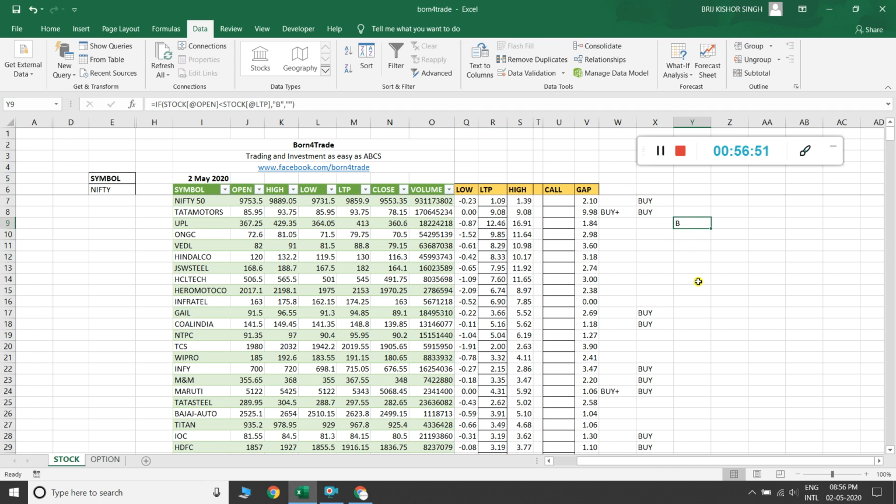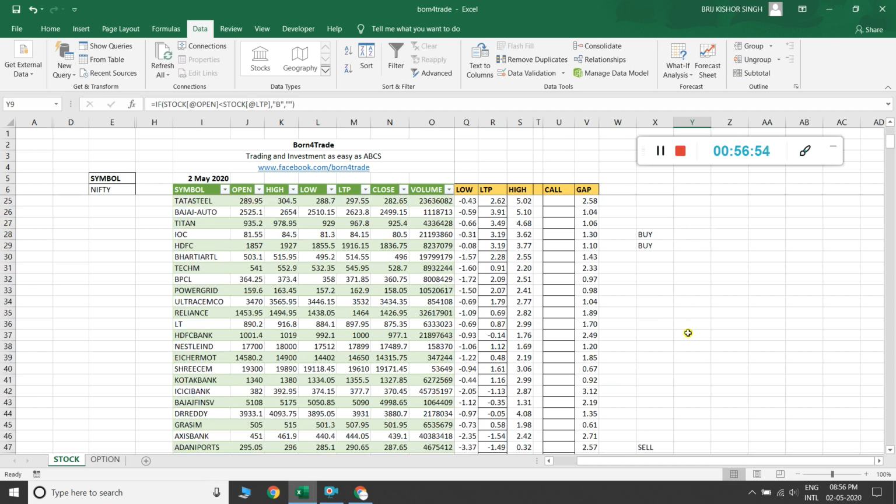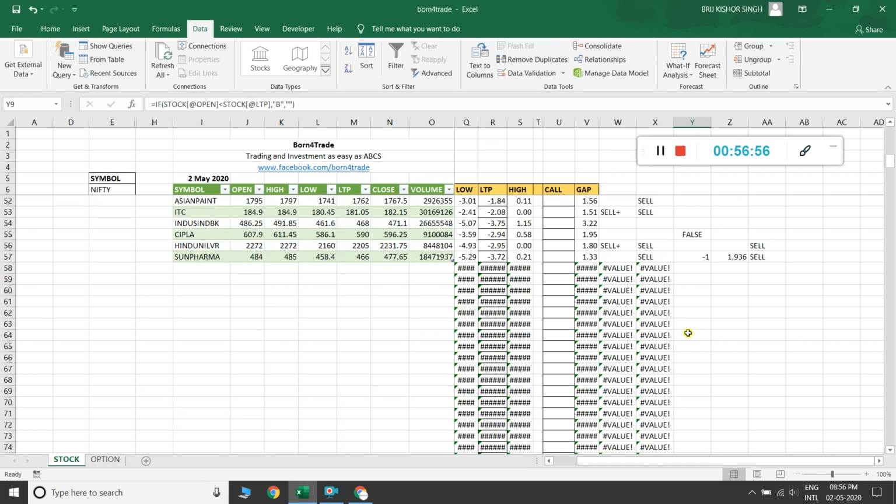Okay, now the same for a S signal. Then I click the plus button and make a sense like open is greater than last trading price, then it is true.